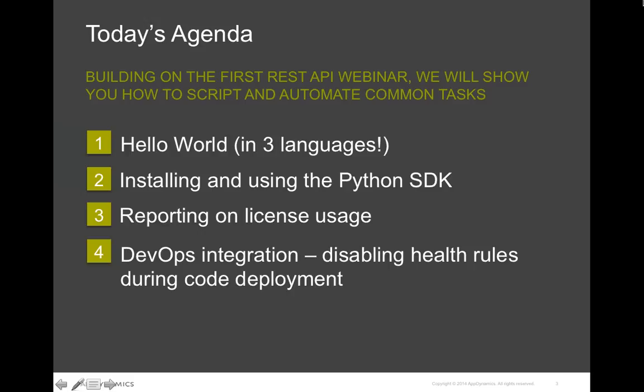So I'm going to show you how to do that in a couple of languages, mostly focusing on Python, but I am going to touch on a few others. I'm going to start with a basic hello world script in a couple of languages, and then we're going to move into using the Python SDK that I built for AppDynamics, and a couple of hands-on demonstrations. You can see a license usage report,